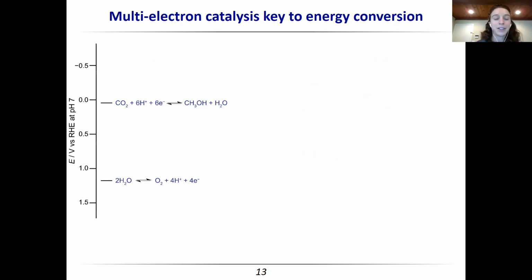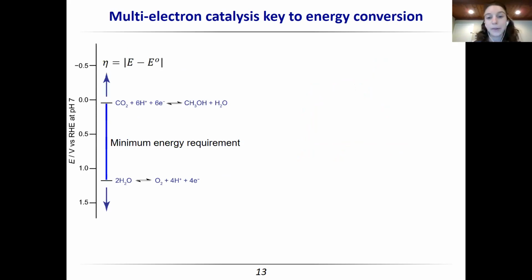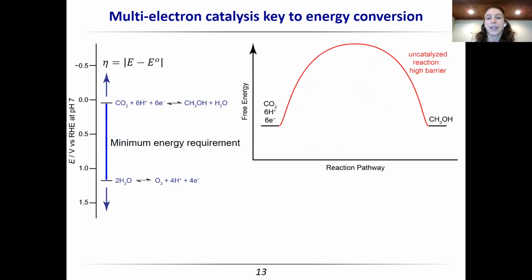And you can imagine that it just gets more complicated if we go to more complicated reactions. So let's say instead of hydrogen evolution, I want to take CO2 to methanol. I still have my minimum energy requirement. I still am going to have to apply some overpotential. But now, if I don't catalyze the reaction, I'm asking 7 species to come together simultaneously. The activation barrier is going to be way too high. The overpotential is way too high. It's never going to happen. And so we're going to need catalysis.